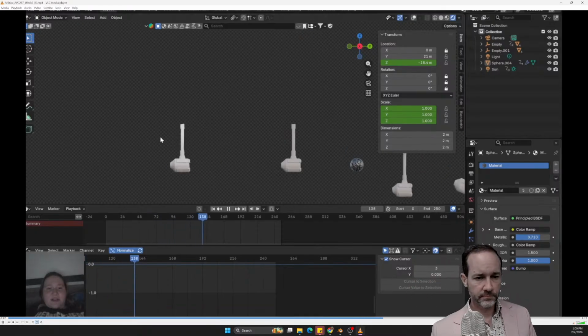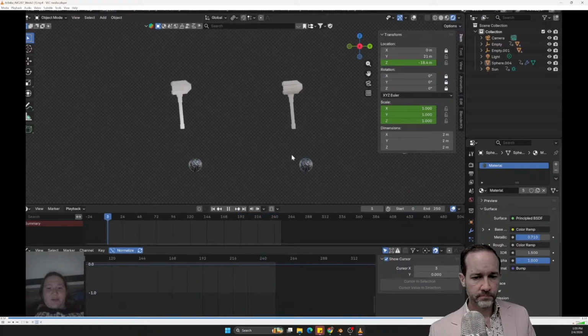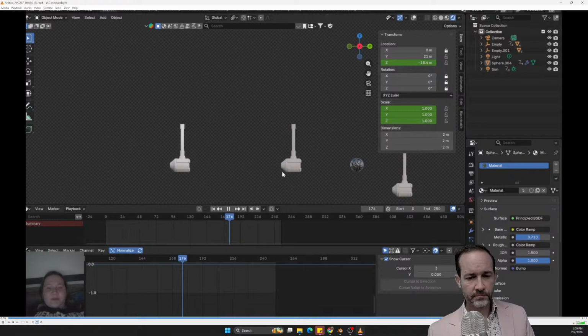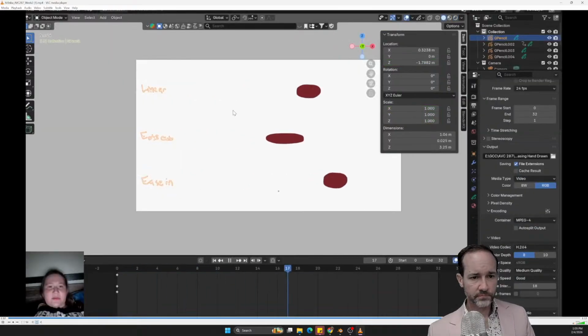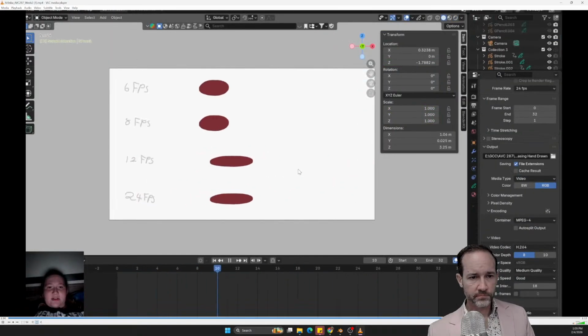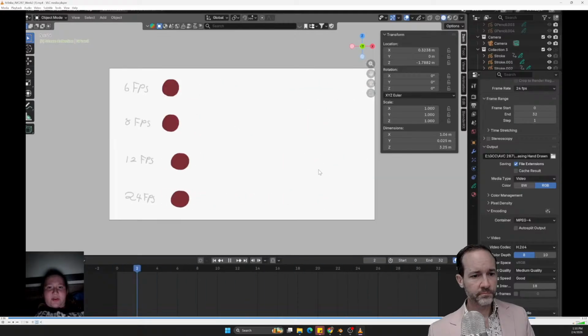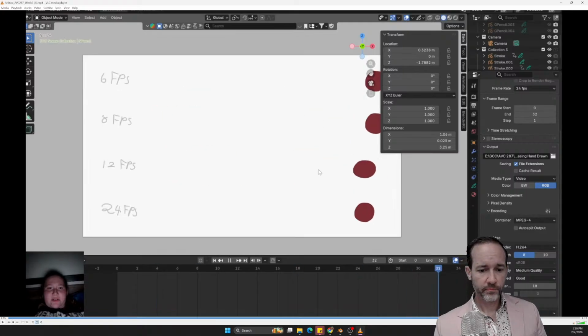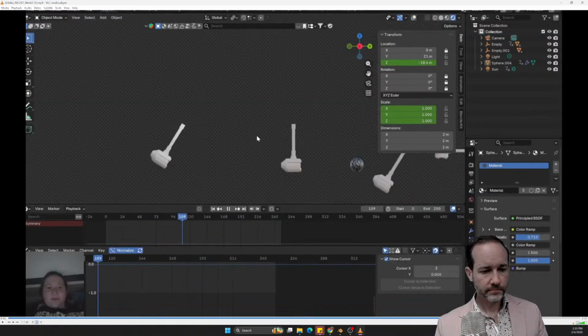So this is a hammer hitting a light ball, and this one is hitting a heavy ball. A large chunk of my recording is missing. I don't know what happened. And then this one. Yeah. So these are my hand-drawn frames. Alright. Cool, great. I also rendered out the frame rates normally, so a little chunk of my video is missing. I don't know what happened.